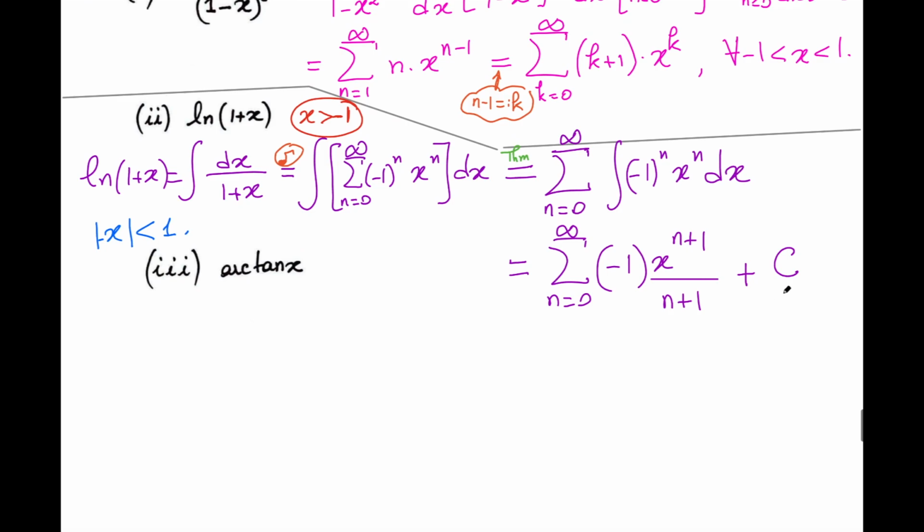All right. So what is that c? The c is a constant of integration, but we know what the function is. The function is ln of 1 plus x, so we can determine what the c is. How about we replace, since this holds for any x between minus 1 and 1, a good point between minus 1 and 1 is 0. How about we replace x by 0? So if we replace x by 0,